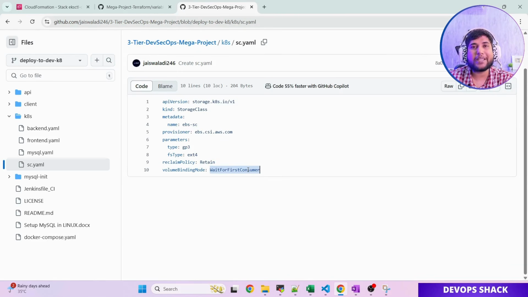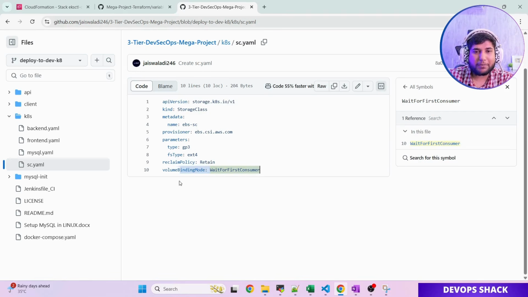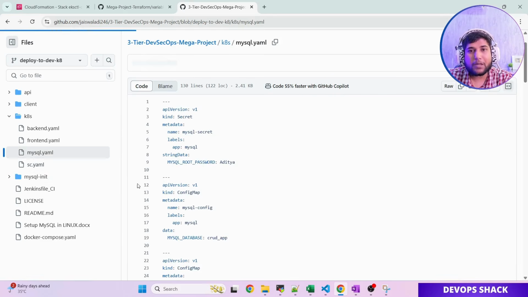This basically means that volume creation will be done only for a specific pod, when the pod is getting scheduled, right? That is, these two things are considered one of the best practices when you are working with storage class. Coming back to MySQL,